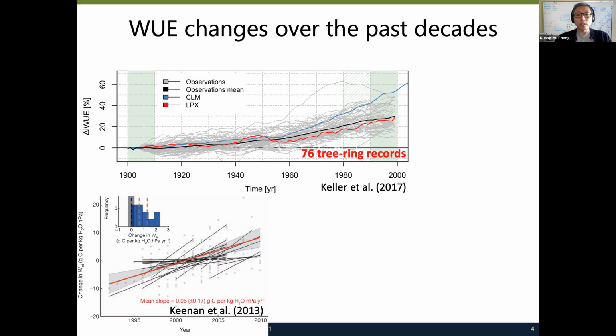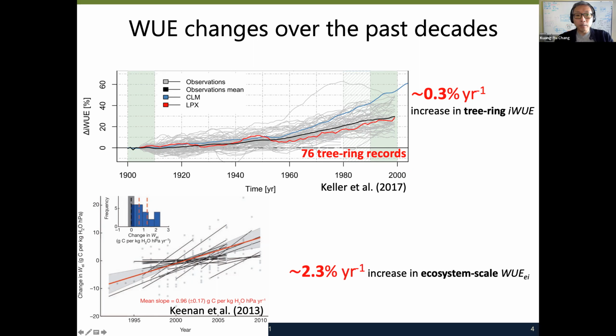Interestingly, the magnitude of the observed increase in water use efficiency is much larger at the ecosystem scale. Results inferred from tree ring records often show about 0.3% per year increase in leaf scale water use efficiency, while those from eddy covariance measurements show about 2% per year increase in ecosystem scale water use efficiency. And such discrepancies have major implications for terrestrial ecosystem model development because the leaf scale measurements suggest a constant